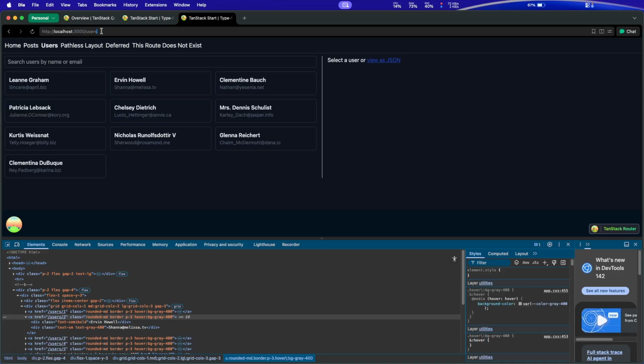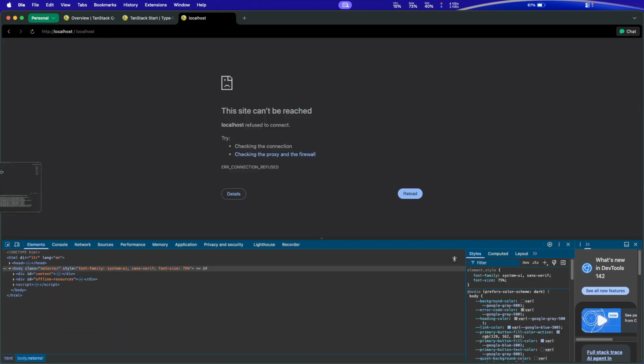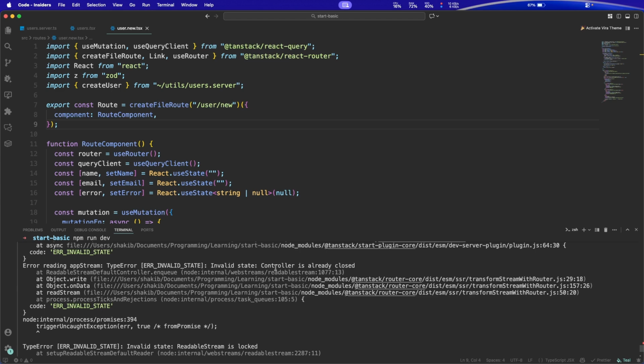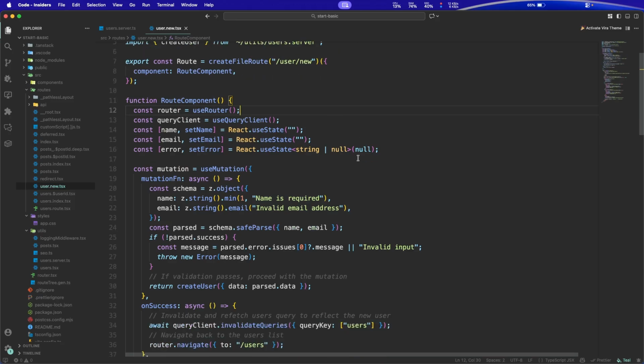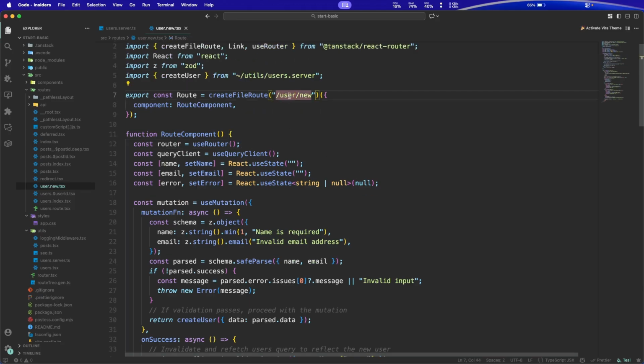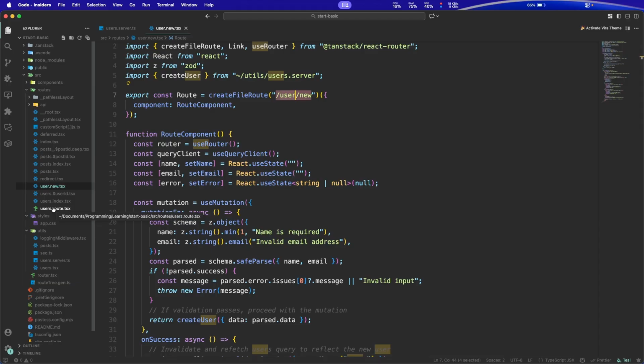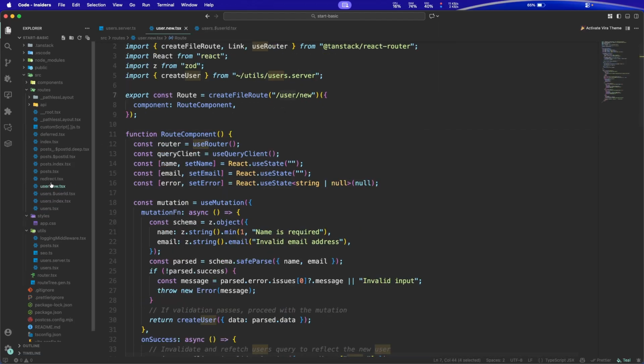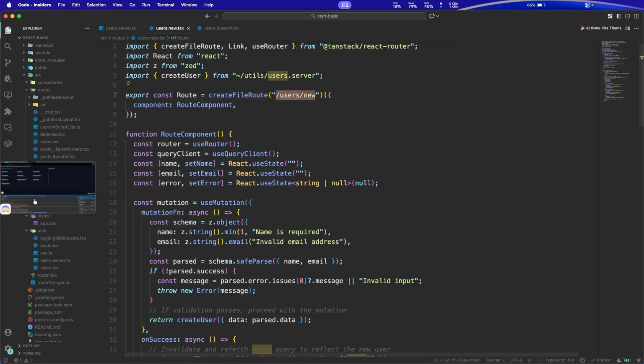User new. There is no new, just go /new. Some problem is showing here. Let's see what is happening. Okay, invalid state, controller is already closed. Fix it. There is a mistake. This is a user, but our main function is users, right? So I actually did something here. So this also should be users. Implement it first, modify it, then users. Now go to the